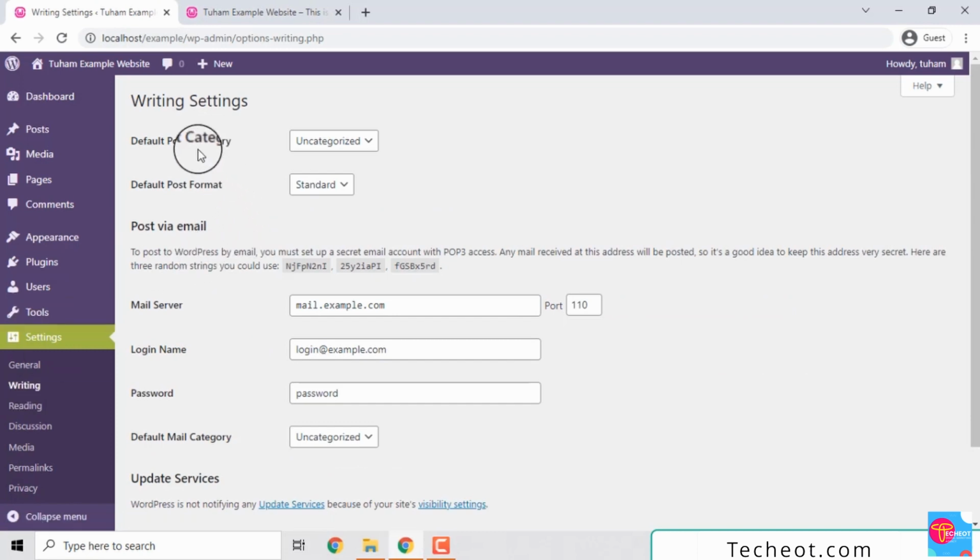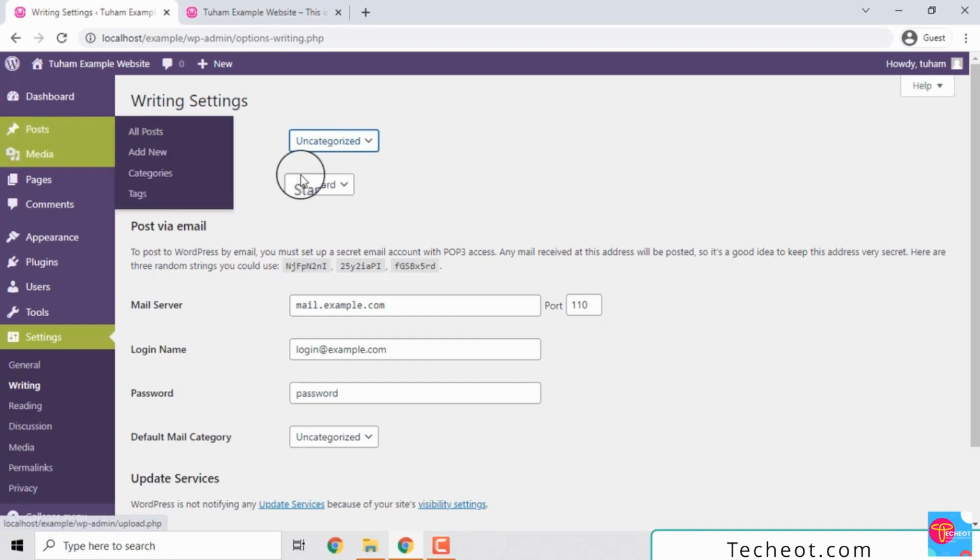So the first part that we're going to see in your writing settings is the default post category. The default post category simply means that whenever you write a new post, the default category that is going to be assigned to it is Uncategorized. So if you want to change that, let's say for instance I want to change it